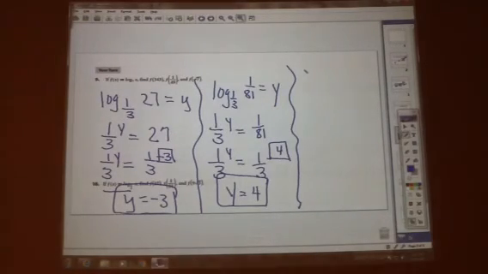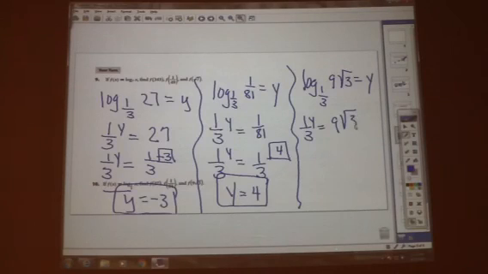Alright, next one. Log base 1/3, this one's a little bit harder. 9 square root of 3 equals y. One-third to the y equals 9 square root of 3. One-third to the y equals